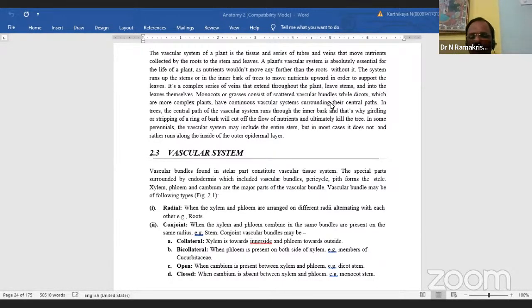This is the third one. The vascular tissue system consists of a variable number of different types of vascular bundles. These vascular systems are located in the stele. The vascular bundles are made up of two types of cells. Number one is xylem, and number two is